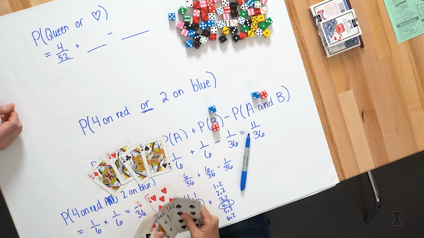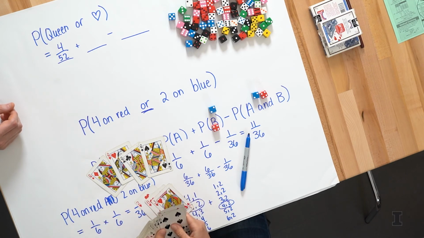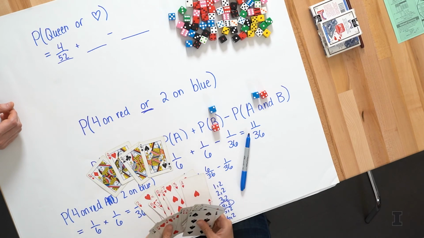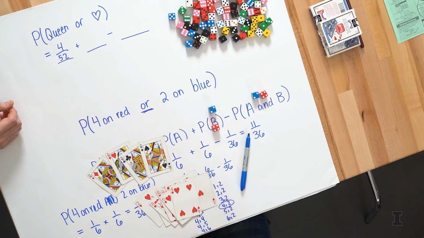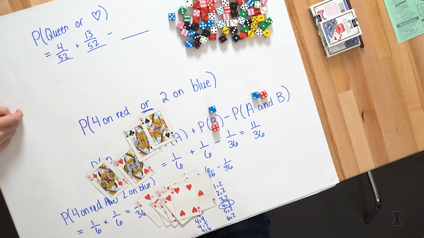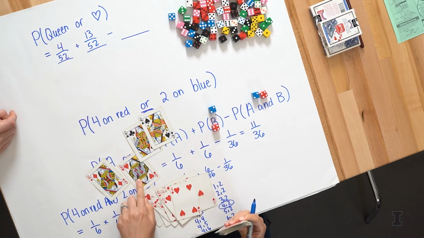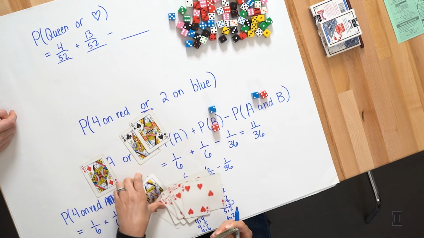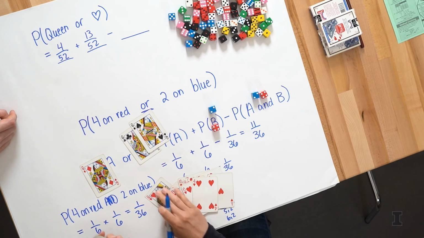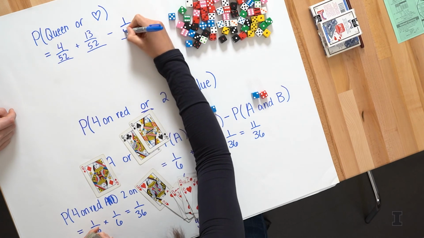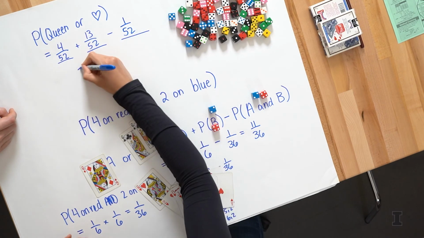And then the question I have to ask myself is, can we get both? So I'm going to go ahead and put these down. Here are all 13 hearts. Well, you've got 12 in that pile. And then, yeah, the 13th one is right there. Oh, yeah, you're right. These aren't all 13 hearts. Here's the 13th one. And so see how I'm counting the queen of hearts as a queen, and then I'm also counting it as a heart. So I have to subtract the probability of getting both, which would be the queen of hearts, and there's only one of them. So this minus 1 out of 52 is crucial,